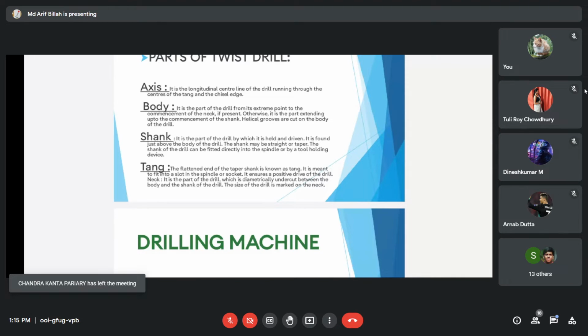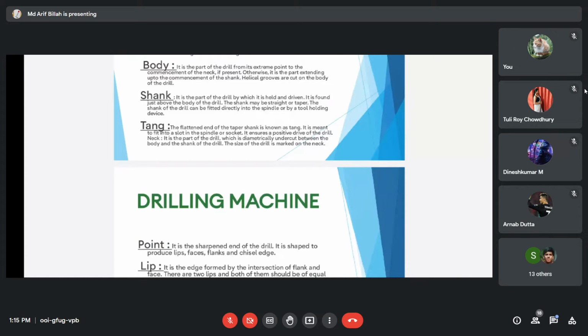Body: it is the part of the drill from the extreme point to the commencement of the neck if present. Otherwise, it is the part extending up to the commencement of the shank. Helical grooves are cut on the body of the drill.